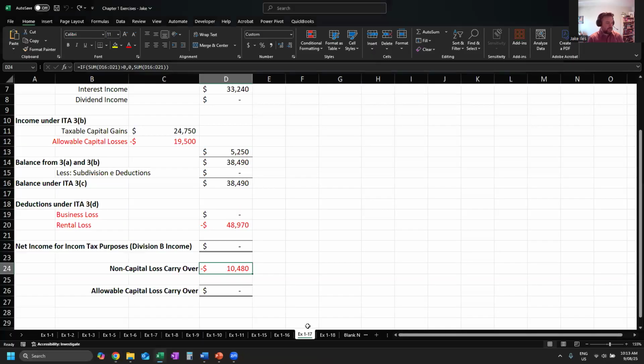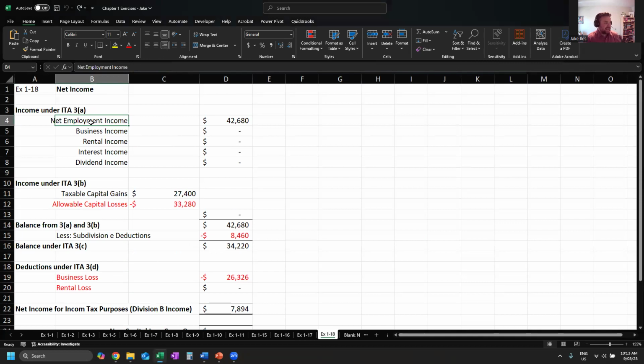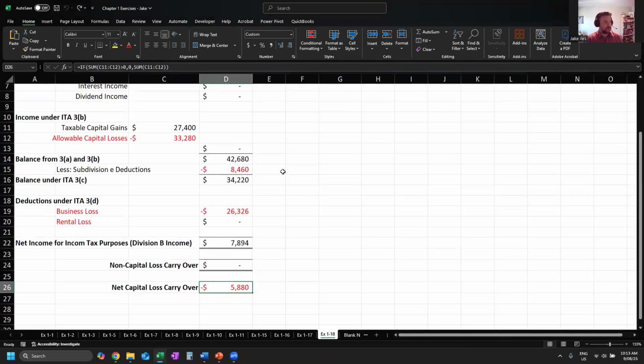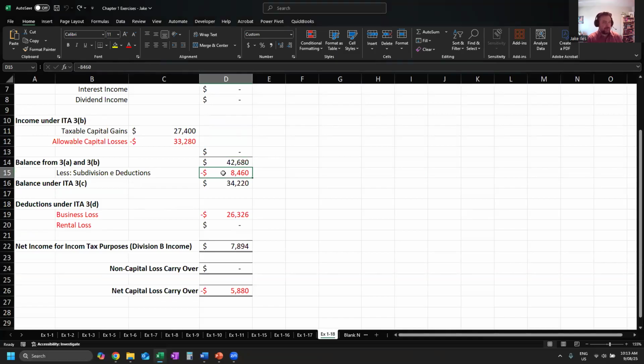What is the net income? Are there loss carryovers? So we have net employment income of 42,680. We have taxable capital gains of 27, allowable capital losses of 33,280. So since our losses are more than our gains, it's going to be zero. So our net income is only that employment income of 42,680. This difference of 5,880, this difference in the allowable capital loss, will be carried forward. 42,680 minus our 8,460 for our subdivision E deductions leaves us with 34,220, minus the existing business loss of 26,000. We have a net income of